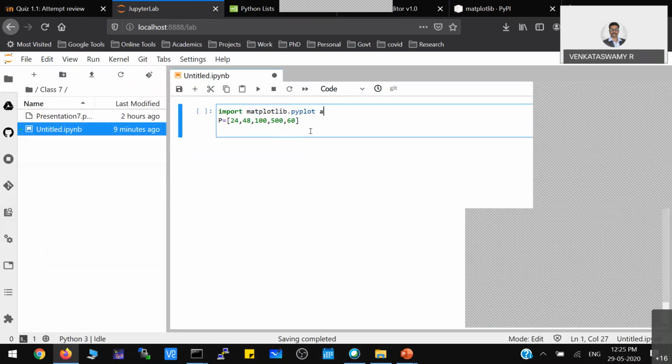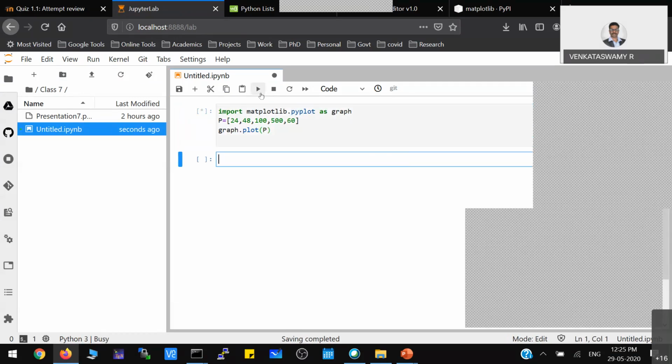So this is the class name. I'm just creating an instance of that particular class, as something say p, or some other name. Say I'm giving that variable as graph. Now this is my power. If I want to plot the line graph, then you have to use the instance name, then plot. Then you just have to give the variable which you want to plot.